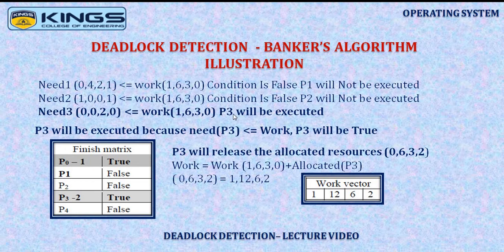Now P3 will be completing its role. Since P3 is completing its role, now the P3 entry in the finish matrix is made true. It is completing its role in the order of 2. Hence we are also updating the status as finished true, as well as the order of execution as 2.